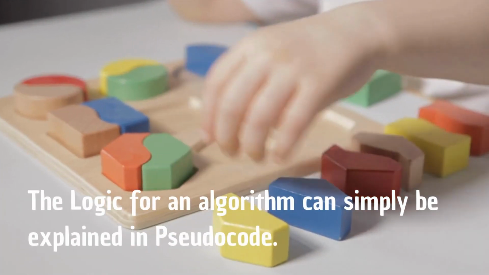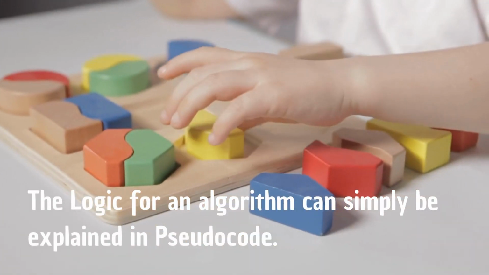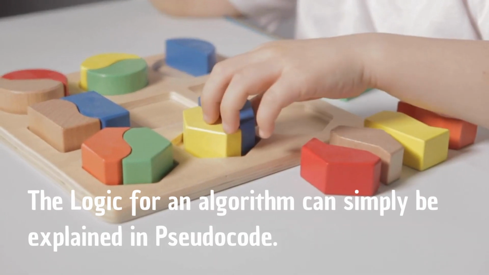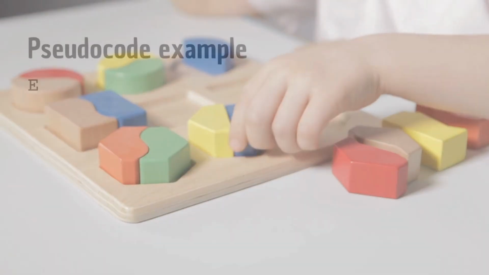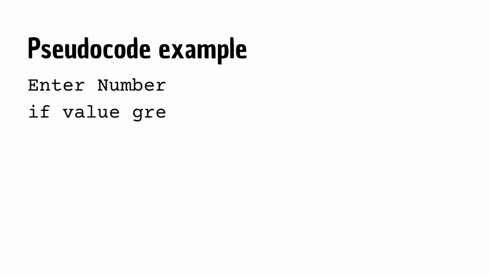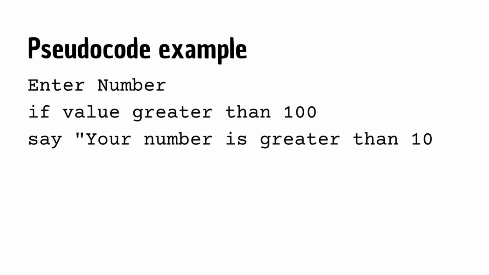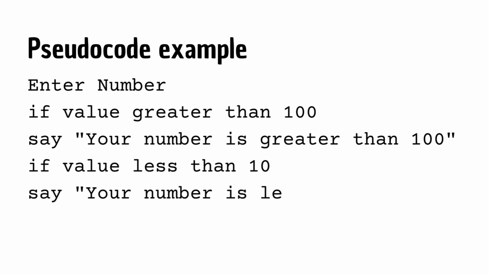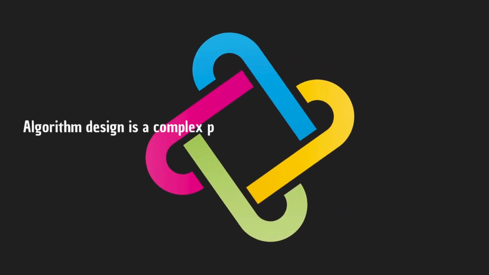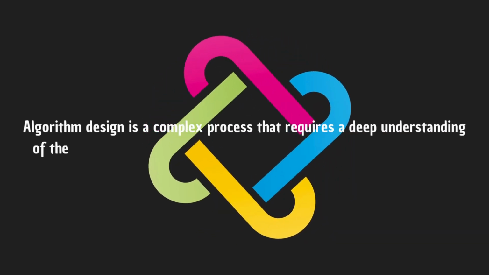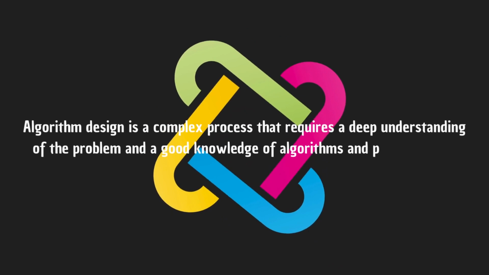The logic for an algorithm can simply be explained in pseudocode. It is a higher-level description of an algorithm. Pseudocode is a powerful tool for expressing algorithms in a way that is easy for people to understand, and it can be used to express algorithms in a variety of fields, including computer science, mathematics, and engineering. Algorithm design is a complex process that requires a deep understanding of the problem and a good knowledge of algorithms